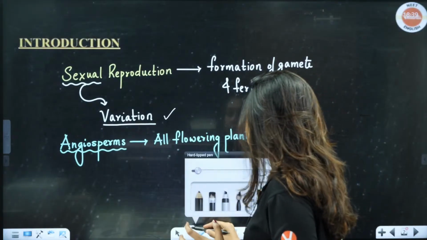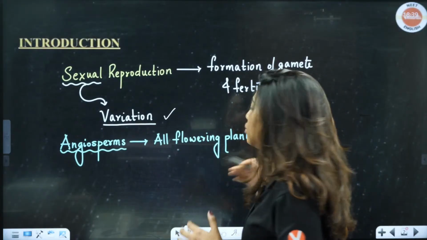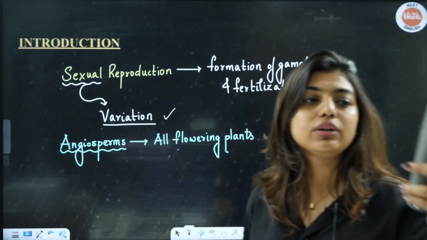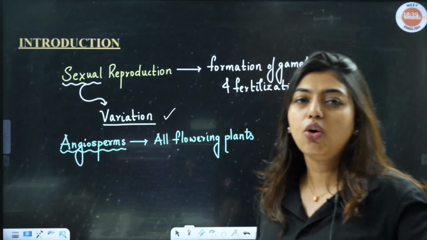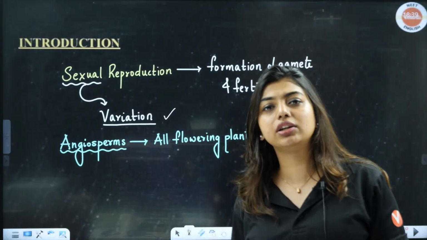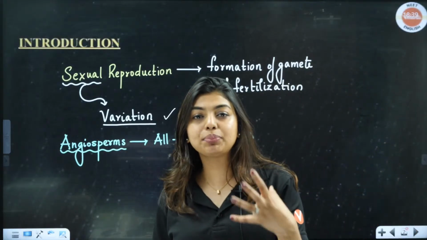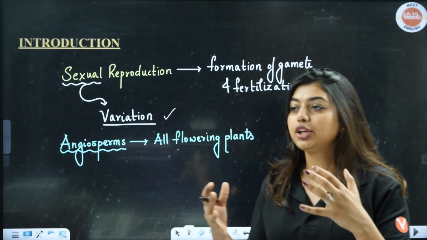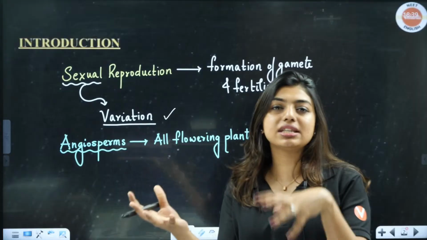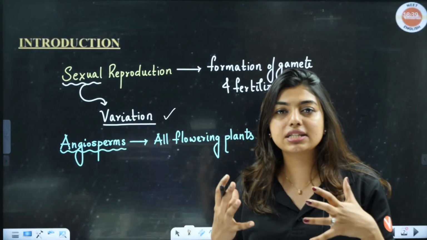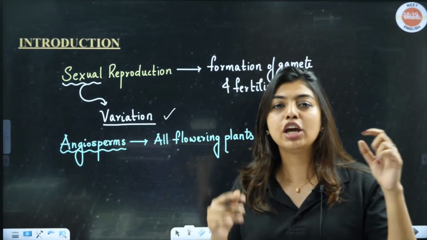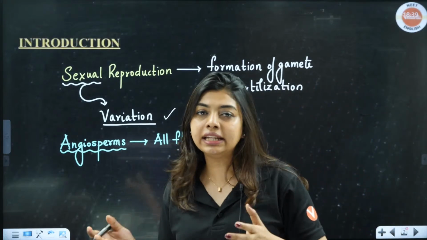Variation, meaning, students, let's say when you go to someone's house, they just had a baby. You look at the baby and what will you tell? You will be like, oh, the baby looks exactly like the mother or the father, okay? Where did that prediction come from? Because of something called variation, that is, the mother's and father's characteristics will be there together in the baby, or the mother's character will be more in the baby. All that comes with your DNA and inheritance, right?